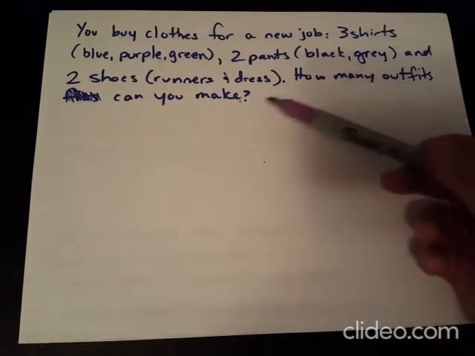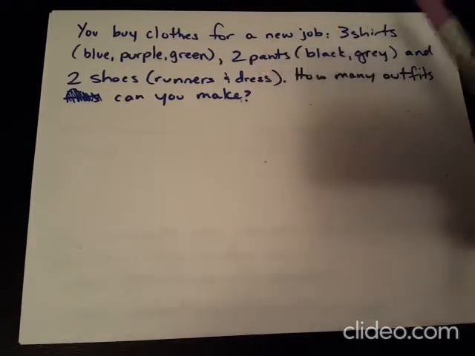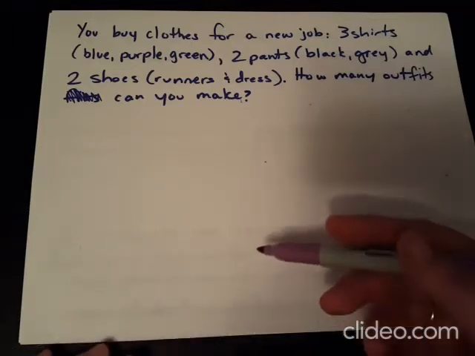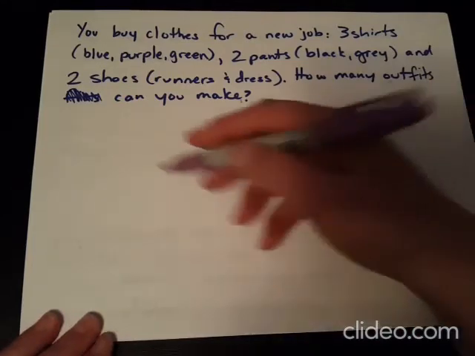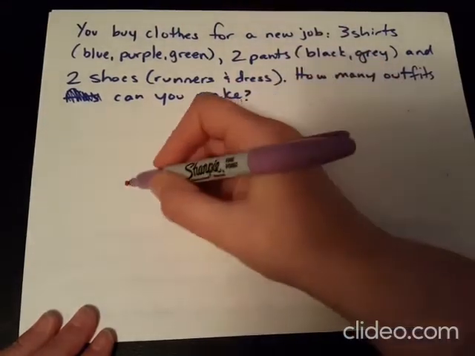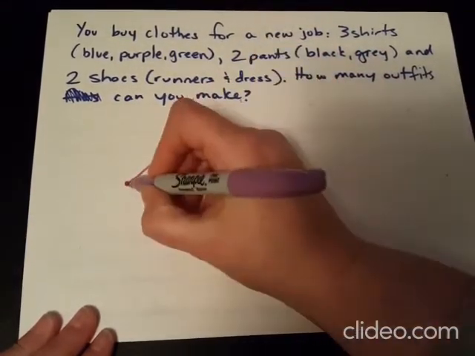So here we've got a scenario where we've got a bunch of clothes. We've got 3 different kinds of shirts, 2 different kinds of pants, and 2 shoes. How many outfits could we make? And like in probability, we want to maybe consider a sample space, or the number of possible outcomes. So one way of doing this, people could make a list, you can use a table, but you could actually